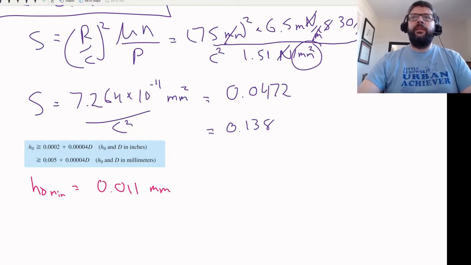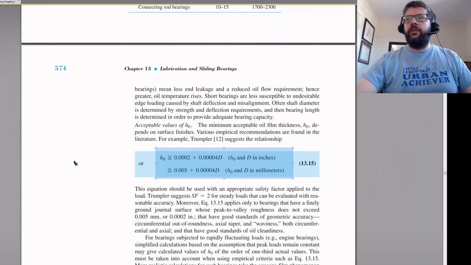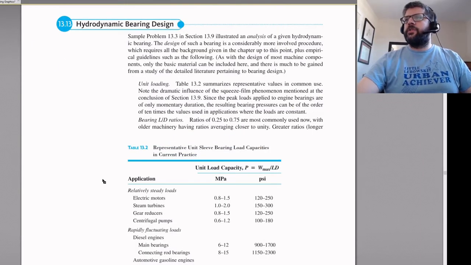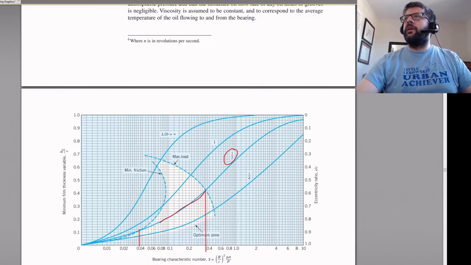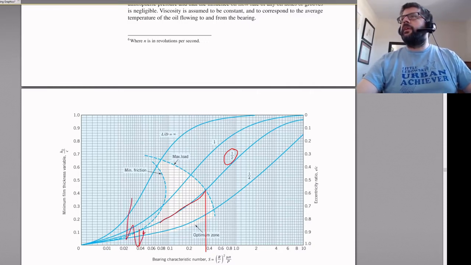So in this instance, this is the condition where we're going to get the lowest H naught, because again, you'll recall that when we look at our charts here, H naught is going to be increasing